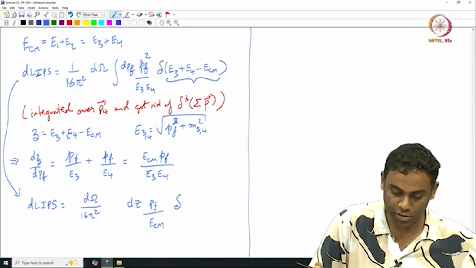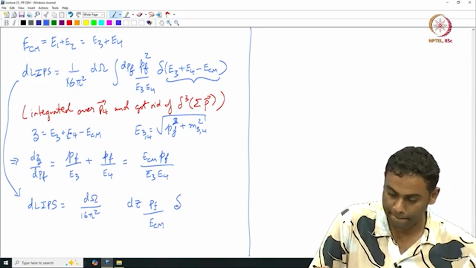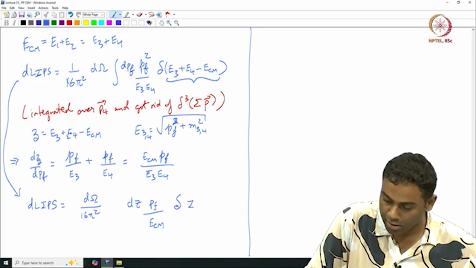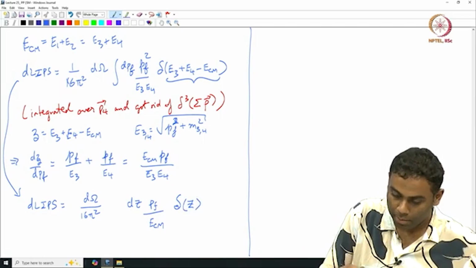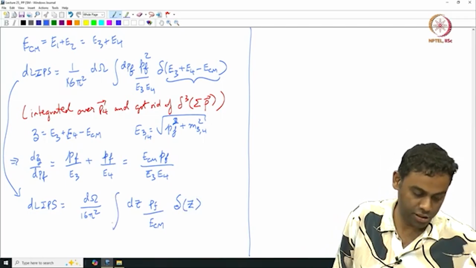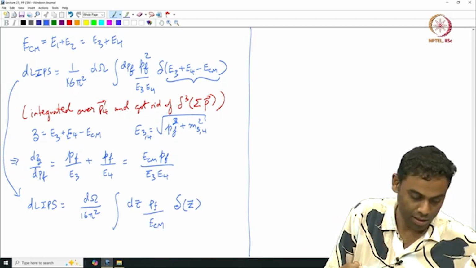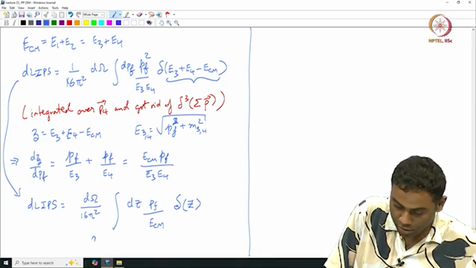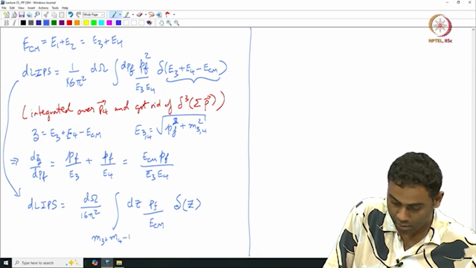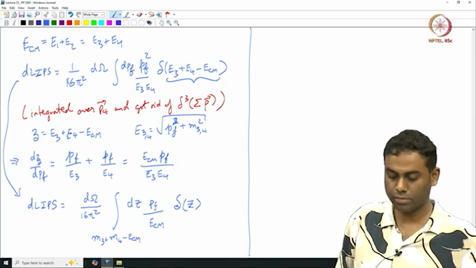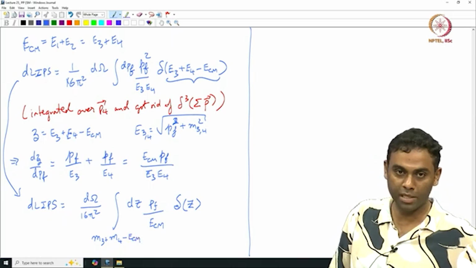It is implicitly a function of z, that we know now, right? And the delta is a delta of z now. But the important thing is the limits have changed, right? I need to make sure that my center of mass energy is larger than m3 plus m4,